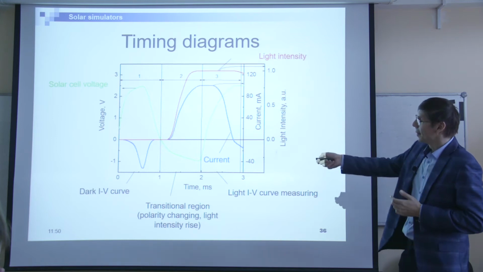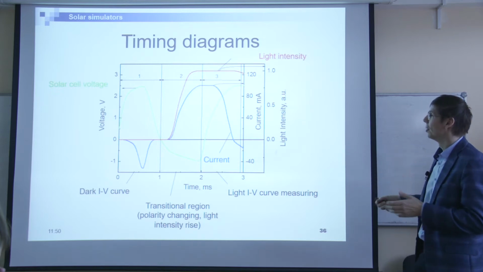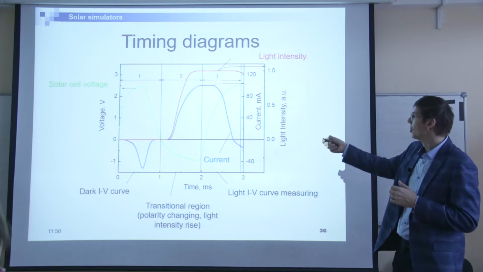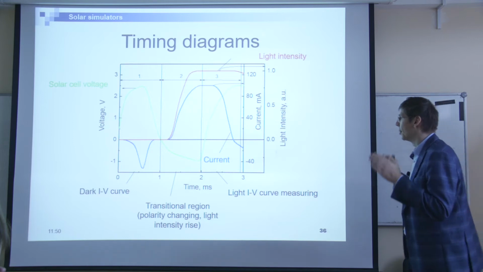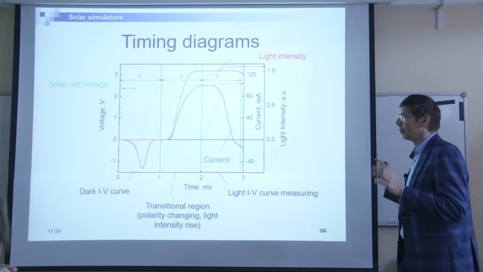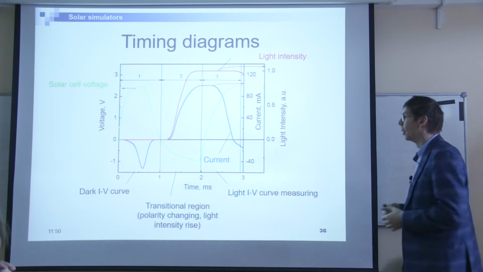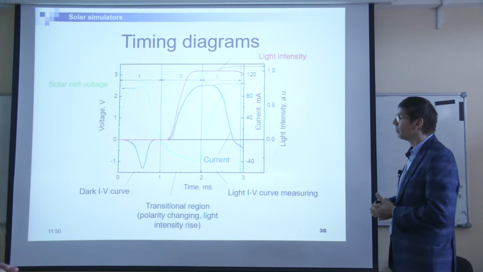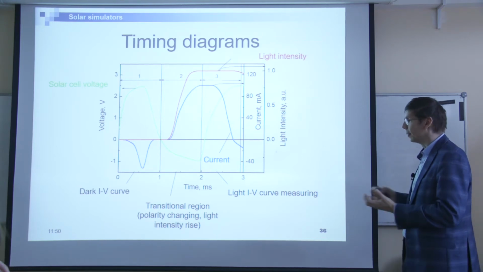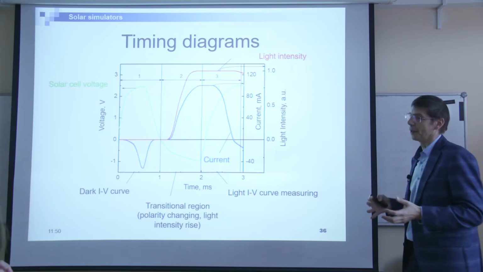So the red line is the light from the flash, so you can see that the duration of the flash could be changed from 1 millisecond to 4 milliseconds, for example, like in our simulator. So it's quite a fast process for silicon devices, I would say,